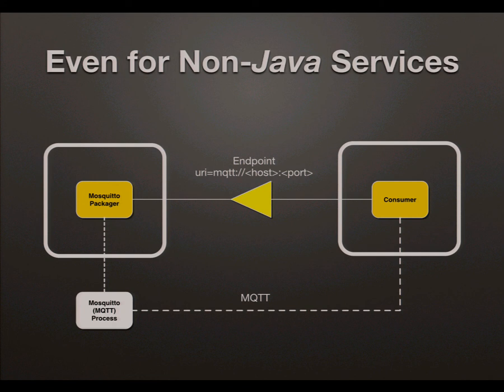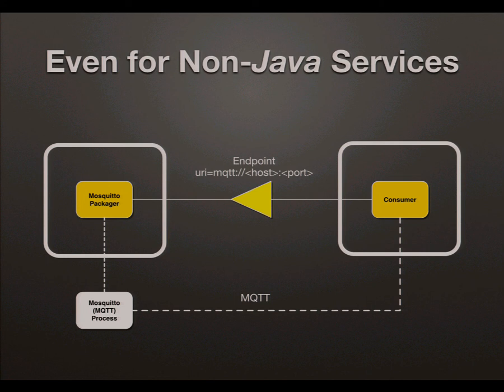As an example, we have Mosquitto, which is an MQTT server. If I say the word IoT, then I think I'll have hit all of the buzzwords for this week. So it's an MQTT server, and it's a native process. It's written in C. Thank you. I'm going to have to speed up. It's a C process. We manage that from OSGi.